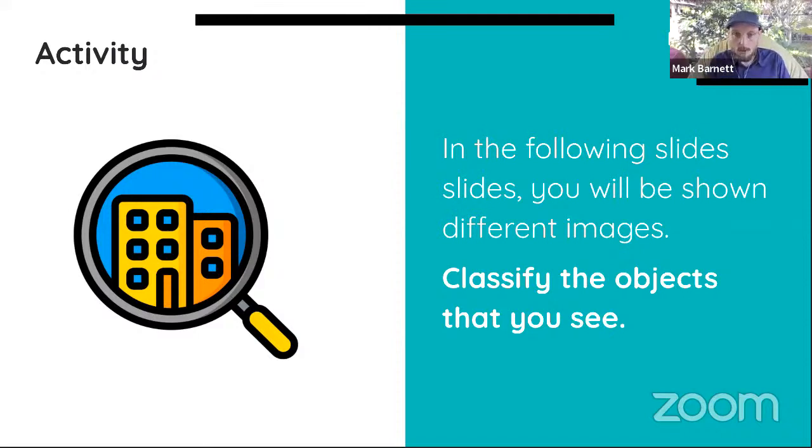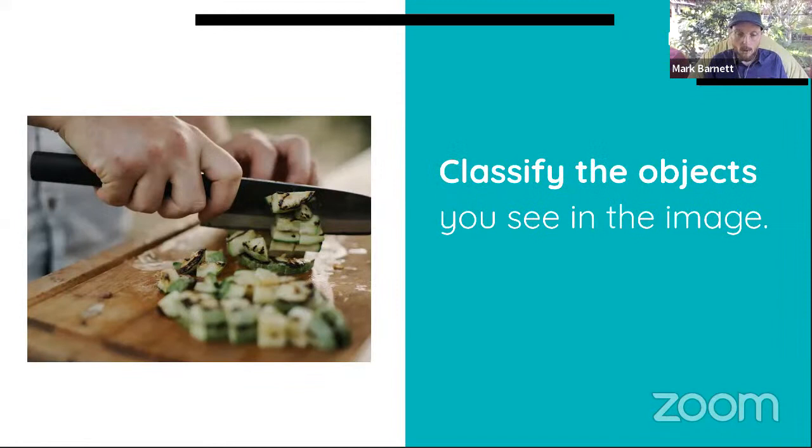All right, so here's the first image. What can you classify from this image? Now your brain may start putting other labels on this image, but if you're a machine learning tool, all that you see is hand, knife, food, board. Those are the most clear things that we can make out from this. And if my machine learning tool is really good, I might even be able to recognize that this is a vegetable instead of a fruit or something else. So maybe hand, knife, vegetable, board. As a machine learning tool, that's all I can do, is classify those objects.